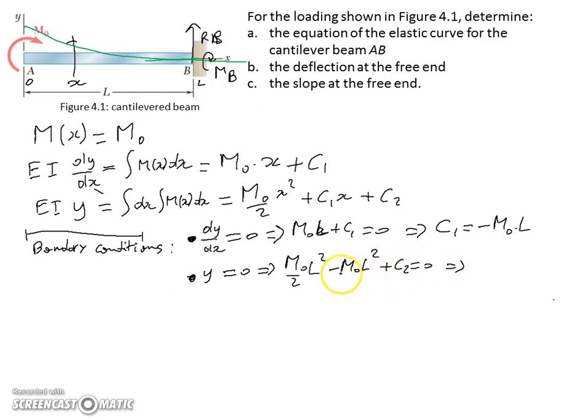And that we can relatively simply calculate. So that's going to be minus 2 over 2, so 1 minus 2, minus 1, so minus 1/2. So passing to the other side, C2 equals M0 L squared over 2. Quite useful. Therefore, I can replace, and that's the elastic curve, the equation of the deflection is